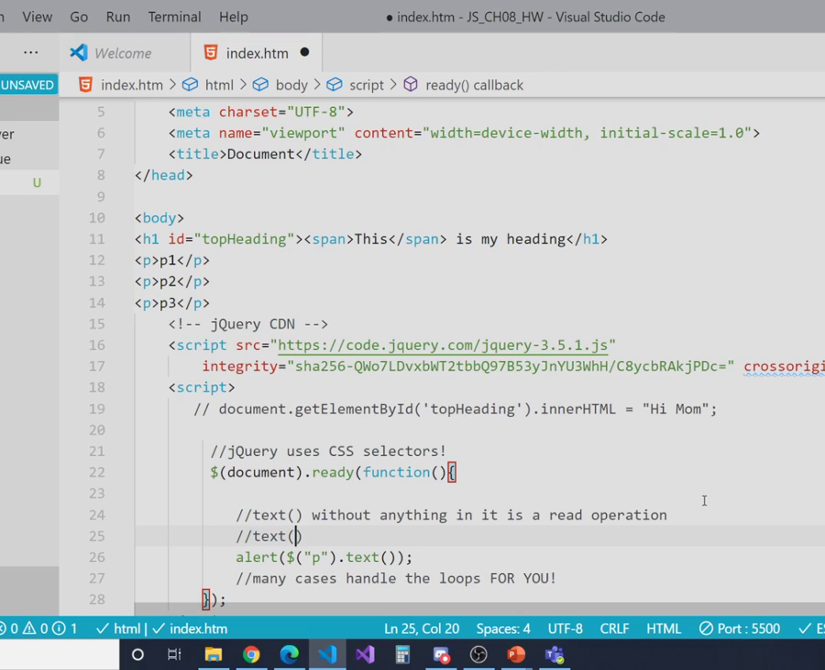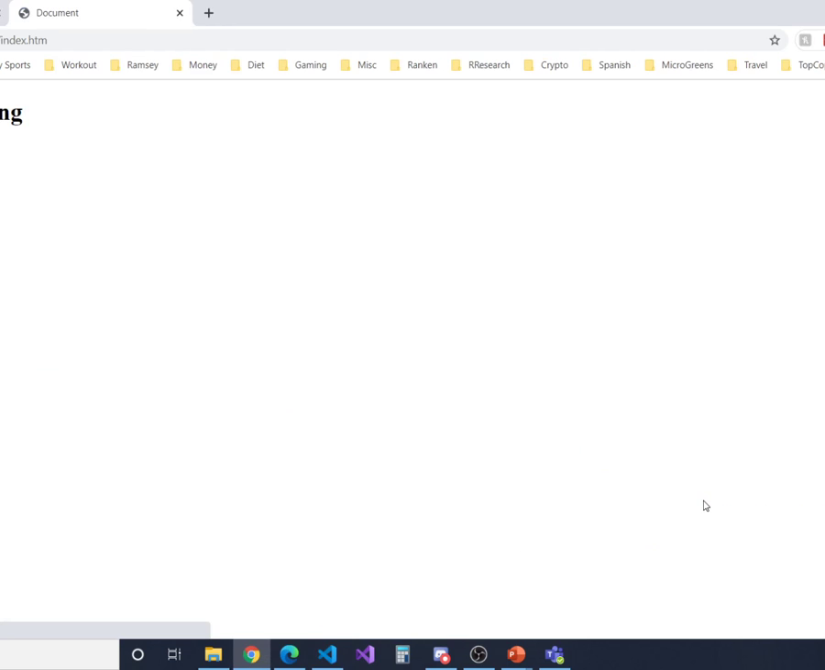Text with something in it is a write operation. And so let's just take all the paragraphs of text, let's put something in it and say, you know, something silly. And notice it changes all of our paragraphs to say,